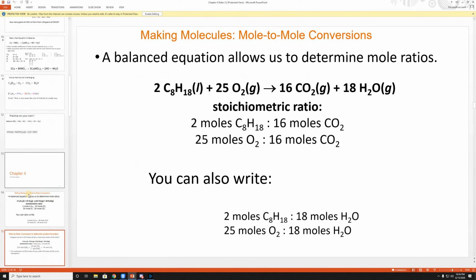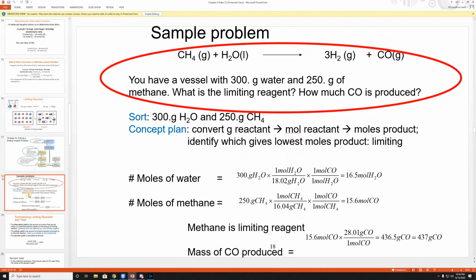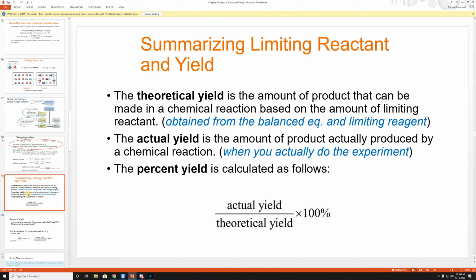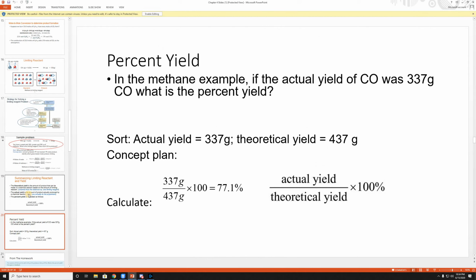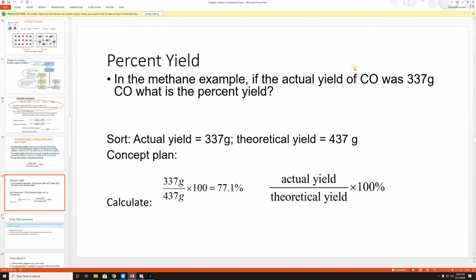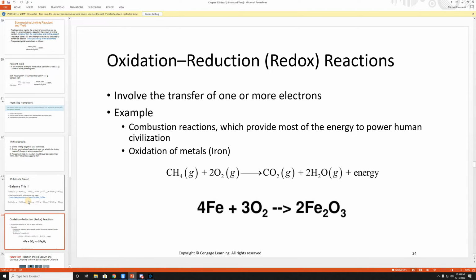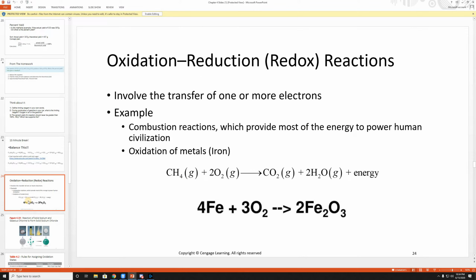Limiting reagent, know how to figure out the limiting reagent. Theoretical yield, percent yield. Know the difference between theoretical yield and actual yield and how you calculate those. So if, for an actual yield, you got 337, knowing a chemical equation, figure out the theoretical and then divide the 2 and you get the percent yield. Stuff like that. And oxidation reduction, so know how to spot a redox reaction by assigning the oxidation numbers,